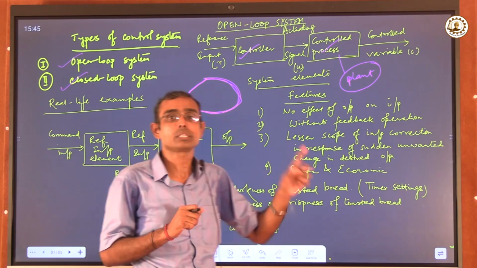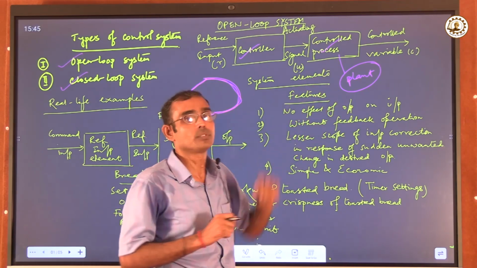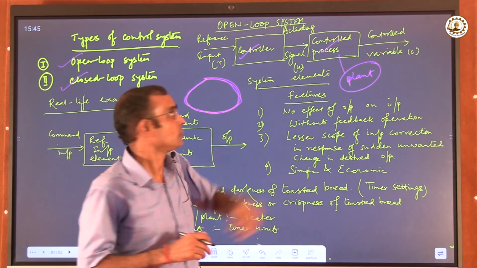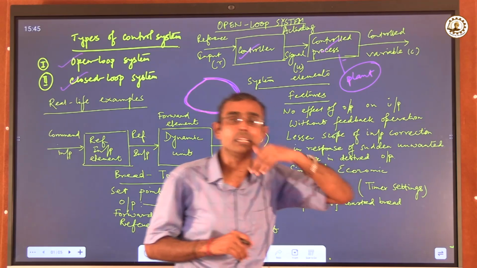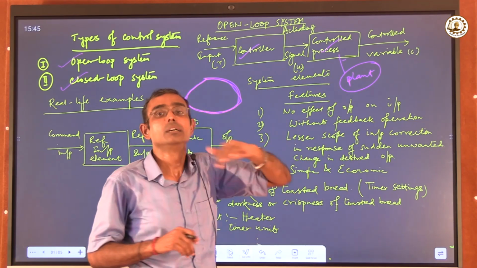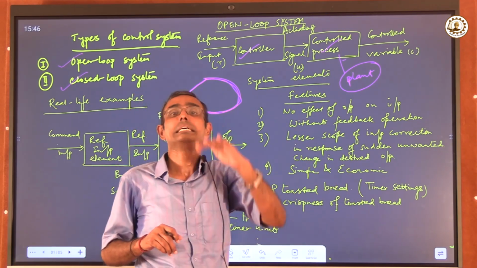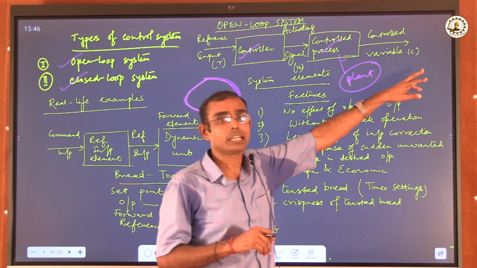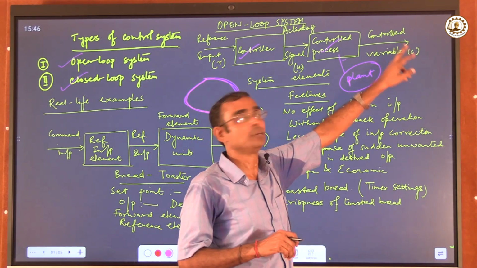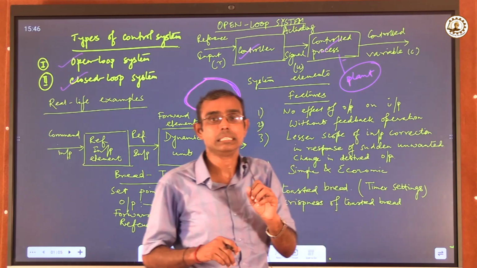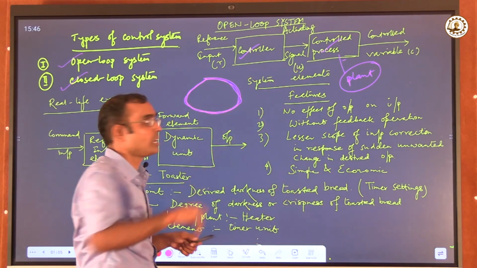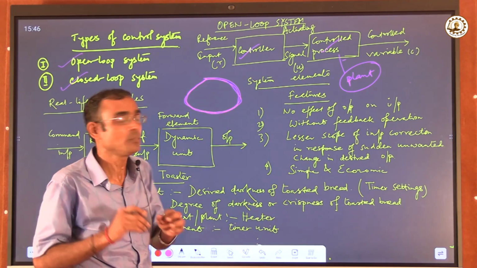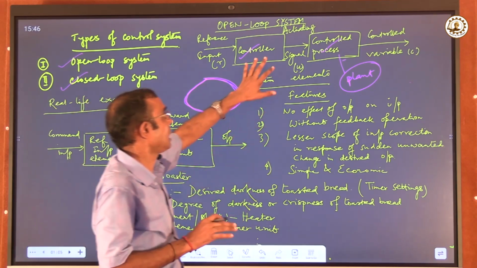And the controller's actuation is controlling the working of the controlled process. Now this controlled process will finally, after processing the required variable which is under the control of the controller, generate a controlled variable denoted by C. So this is the basic block diagram of an open loop control system, where the two main system elements are the controller